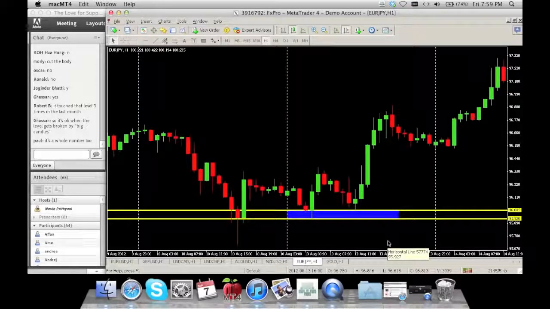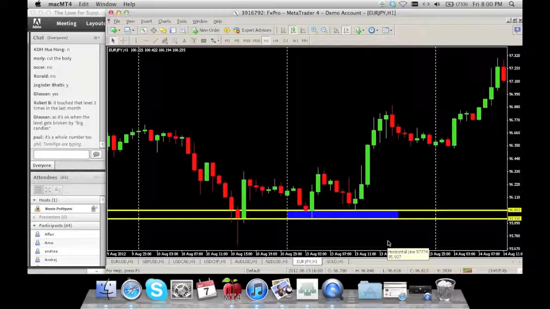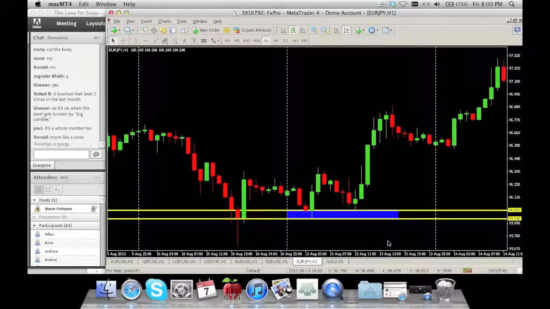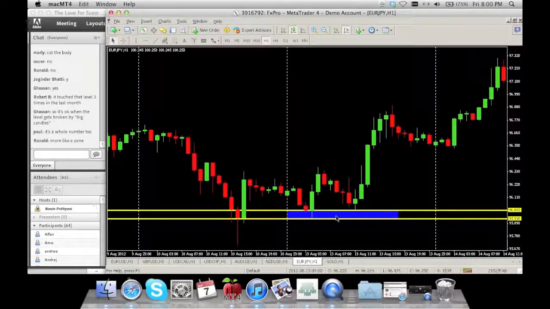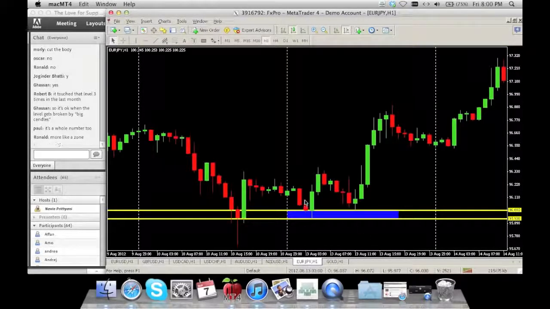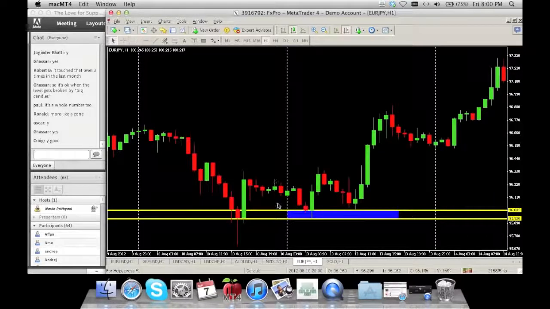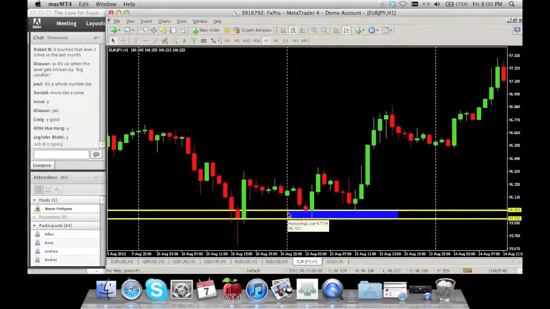Always remember, support and resistance does not mean pinpoint areas where you need that exact number or nothing. No. Support and resistance can also mean an area, a congestion, a consolidated zone. In this case, it's over here. Does that make sense? Now let's go in the past and see this area, and then we go into the future and see if it's actually held. First let's go to the past.